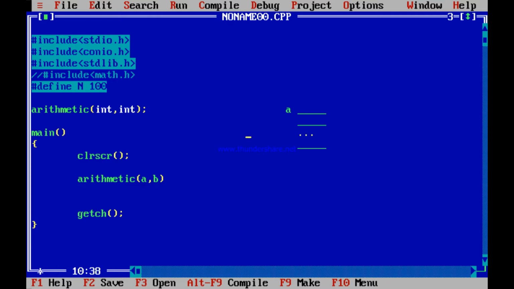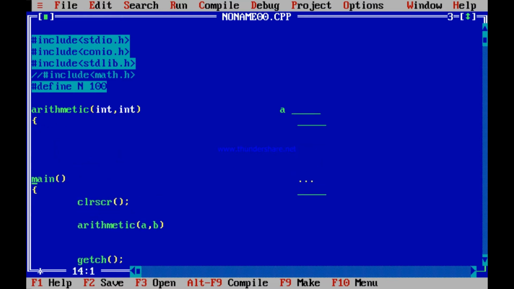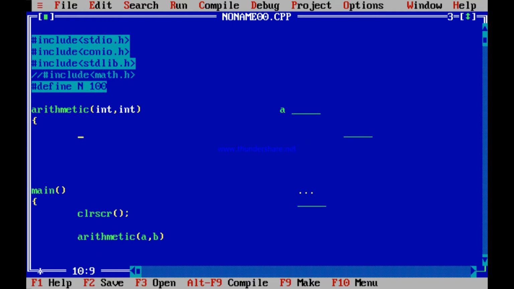So what I mean to say is, I will do something like this. Firstly I will add them. Say I receive the two integers as a and b. My job is to firstly add a and b, a plus b.